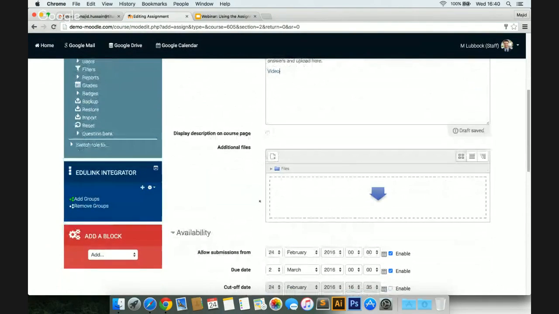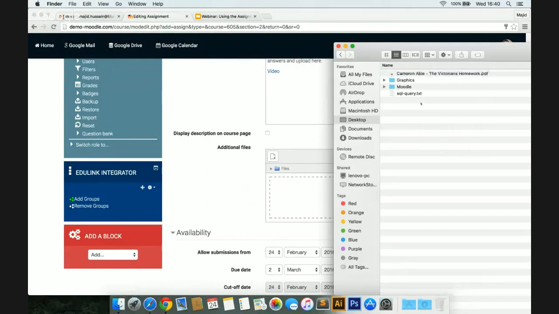Okay, underneath the video, I want to provide my students with a worksheet to download, so I'm going to utilize this additional files option here. So this is a great feature in Moodle, which allows you to upload any supporting materials that you want the students to work through. So all I've got is a Word document, so I'm just going to upload this Word document,